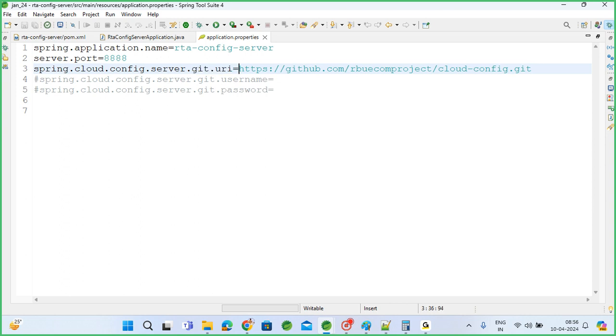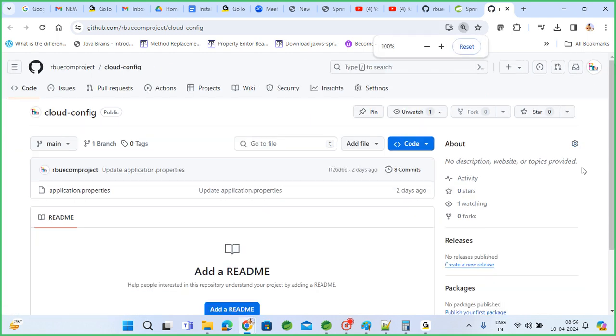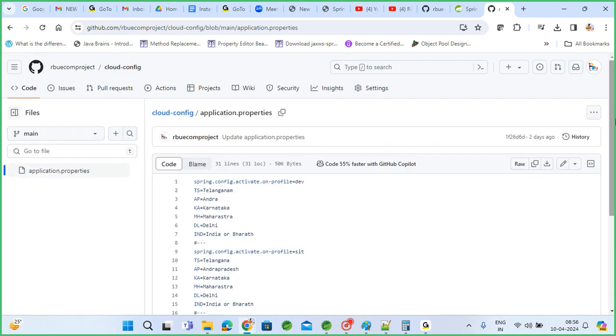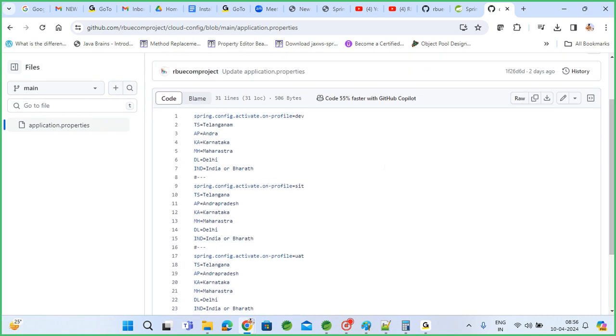So in this Git project we have our properties, right? I created one Git project. If you remember, we created one Git project named cloud config. In that Git project I created a simple application.properties. In that application.properties, if you remember the profiles concept,